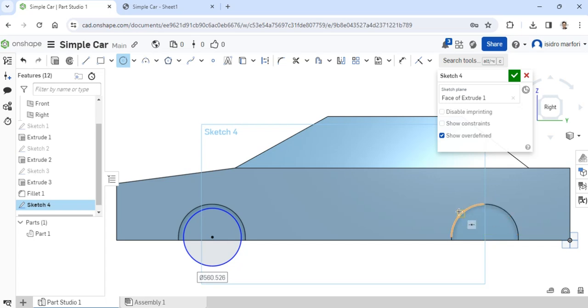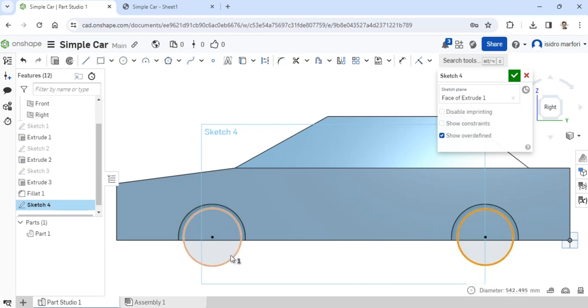So what I'm doing to make the circle is I'm trying to place its location so that it will be concentric to one of the arcs here. So what I'm doing is I'm placing my cursor near it and then placing it somewhere in the middle. Not at the line here, but somewhere between the line and the arcs. And you tap on that and you make your circle. There. So I think it's already constrained because the dot is black.